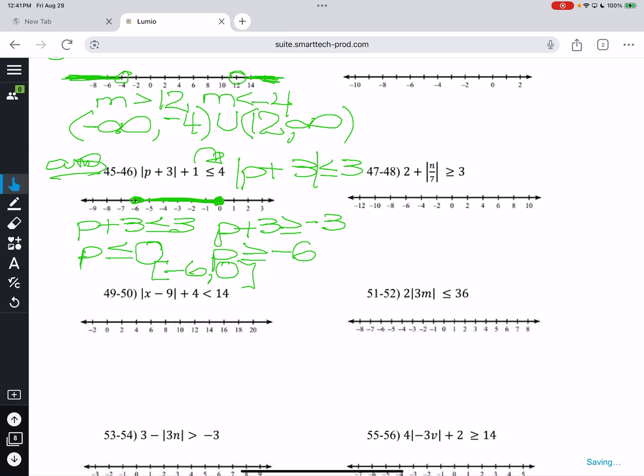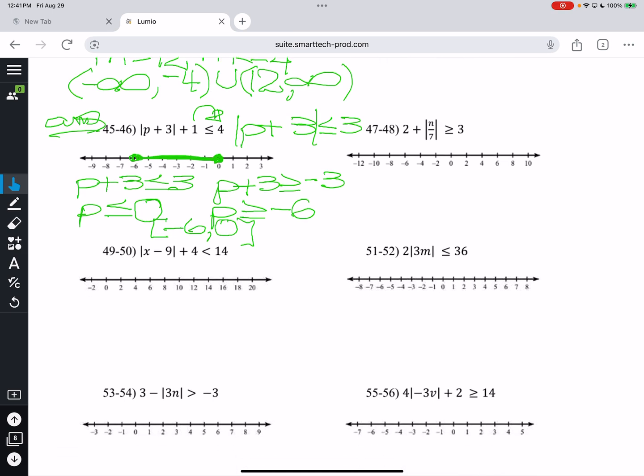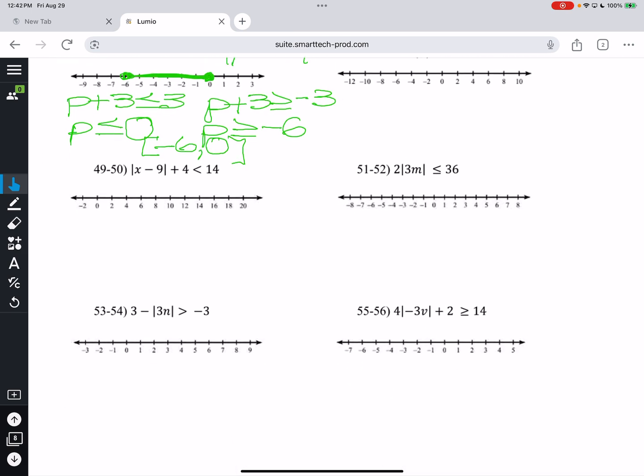It begins at -6 and it ends at 0. That's what that's saying. All right. 49 50. Are we isolated? No. What do we have to do? Move the 4 over as a -4, and that gives us what? 10. Yes. So we're going to have absolute value x minus 9